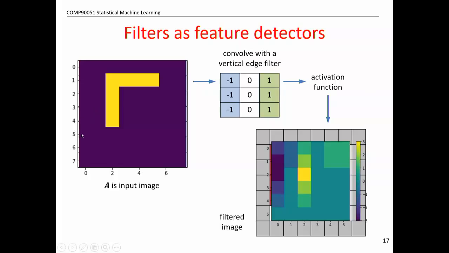So suppose this was an input image. It's like part of a character drawn or a pen stroke or something. It's obviously contrived, I've made this up. And so that might be the input image. And then we might just have a simple 3x3 filter, 3x3 weight matrix. Okay. And we could ask, what does the output look like? What does it mean to do a convolution between these two things?